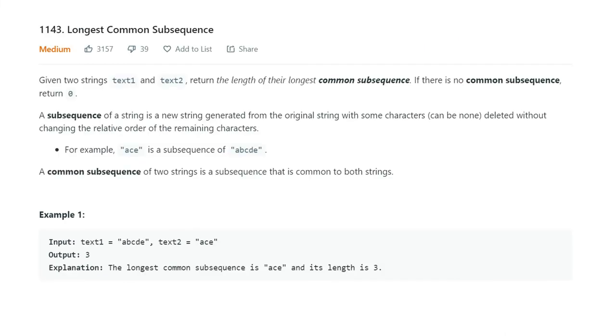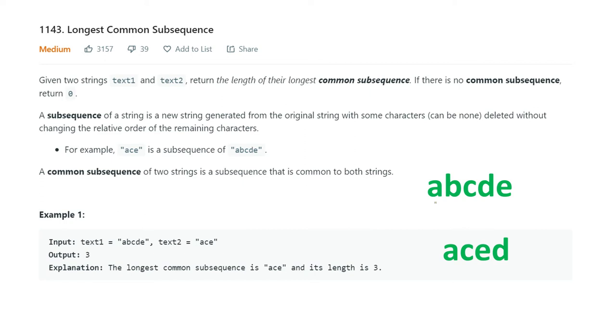Now before going to the solution of this problem, if you look at this problem, this 1143, that is the longest common subsequence problem, you will notice both problems are actually the same, only the wording has changed. Instead of an array they have given a string. The first string is abcde and another string is ace, and a subsequence of a string is a new string generated from the original string with some characters deleted without changing the relative order of the remaining characters.